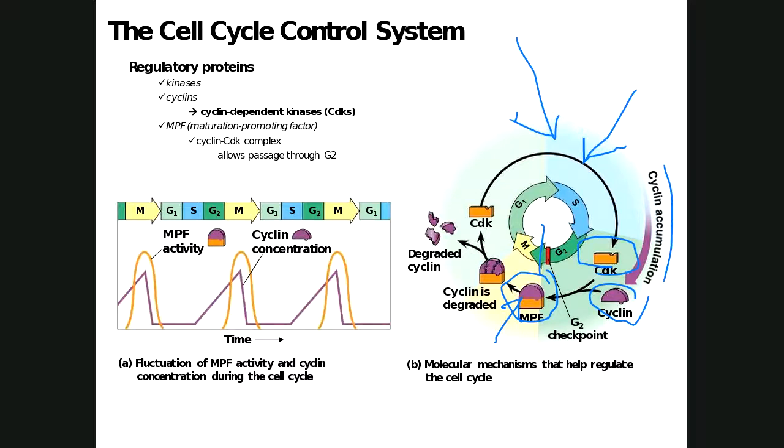After the cell divides, the cyclin degrades, and the CDK is left alone. And so the cell doesn't divide. So if you look at this picture on the left, in the purple is the cyclin. As the cyclin concentration increases, the maturation promoting factor increases, the cell divides. Boom, everything drops. The cell does its thing for a while in interphase, the cyclin increases again, that binds with the CDK, making the maturation promoting factor, that increases, after it divides, everything drops again. So it's in a cycle, all controlled by the accumulation of cyclin.